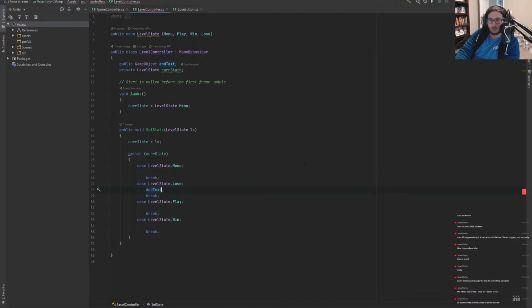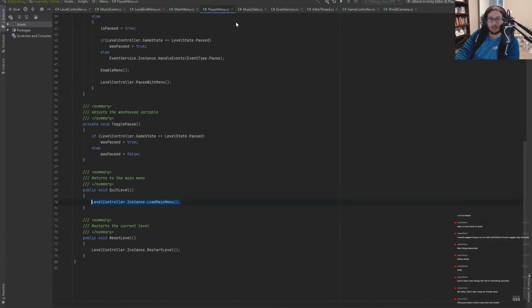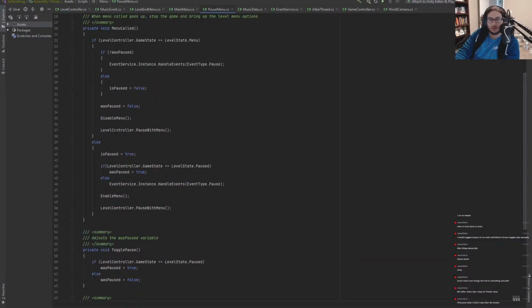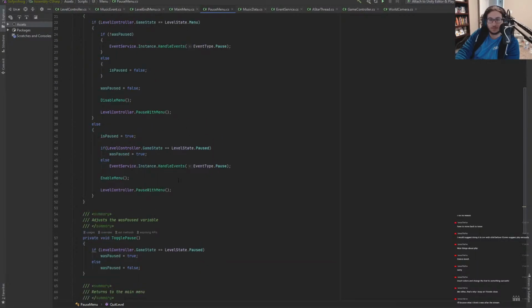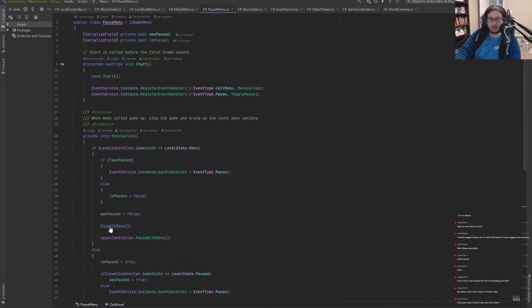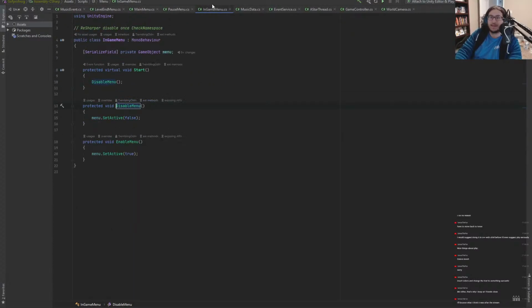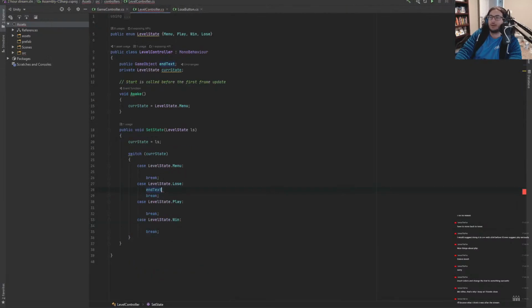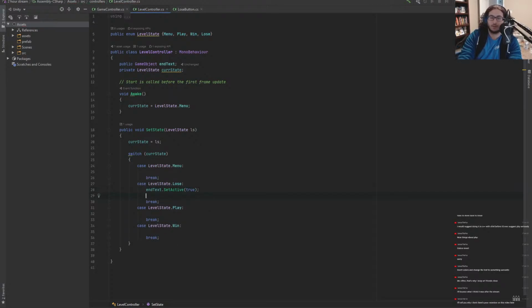New window. Where did you go? Okay, here we go. Pause menu. Event. Disable menu. That's what I'm looking for. Set active. That's set active. True. Yeah, so